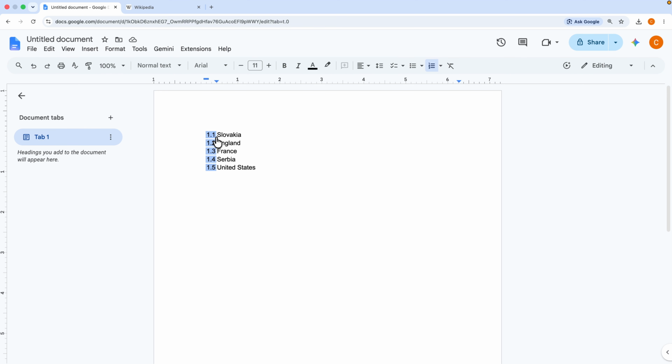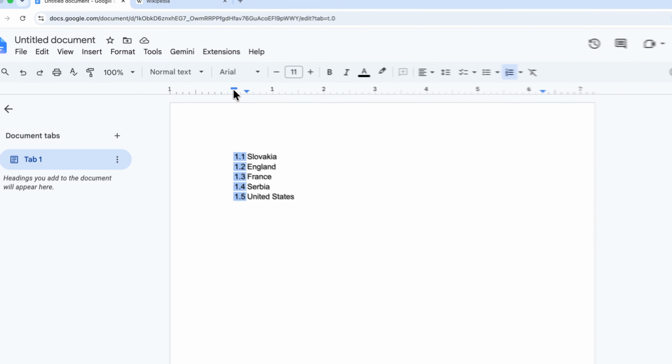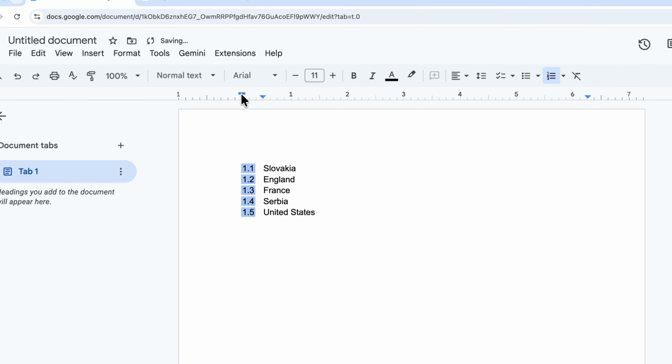If you want to change the margin or spacing between the letter and the number, you can simply drag this blue rectangle icon, so you can make it to the left, and this is going to change this space or